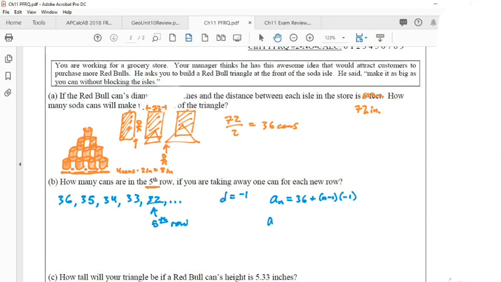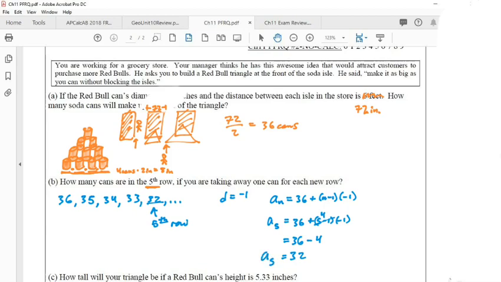So if I wanted to find the 5th row, I would just have to plug it into this. What is -4? Or 4 times -1? You said the answer, dummy. Okay, what do I get? 32? Isn't that what we got? So